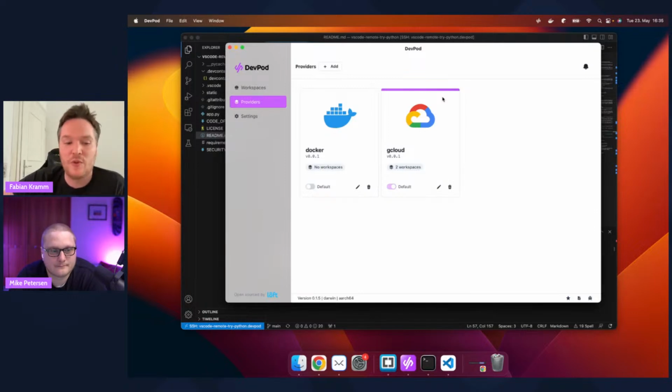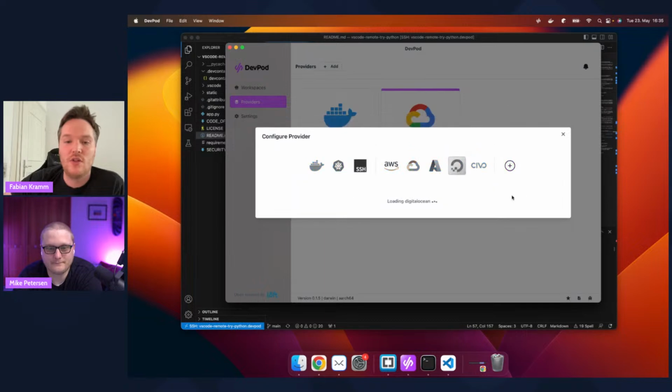So for example, just for fun, we wrote a provider that is actually launching a workspace in a GitHub action. So you can use a GitHub action to develop your project in. Obviously, this doesn't really make sense because actions are billed by the minute, but that would still be possible. And for example, for providers such as DigitalOcean or Civo, you